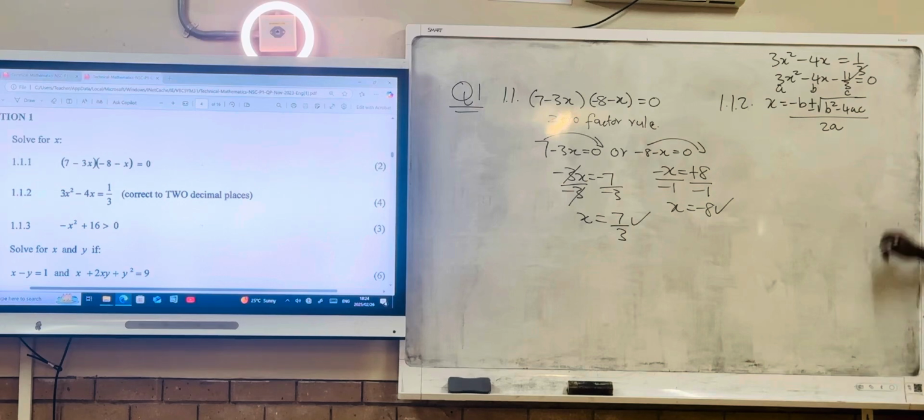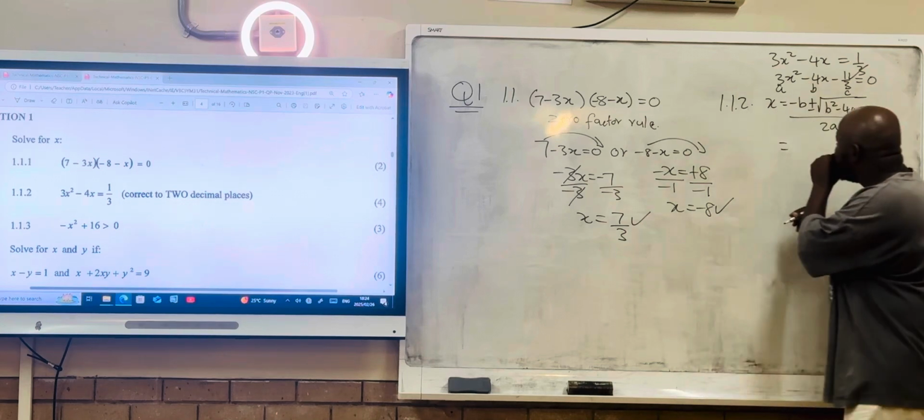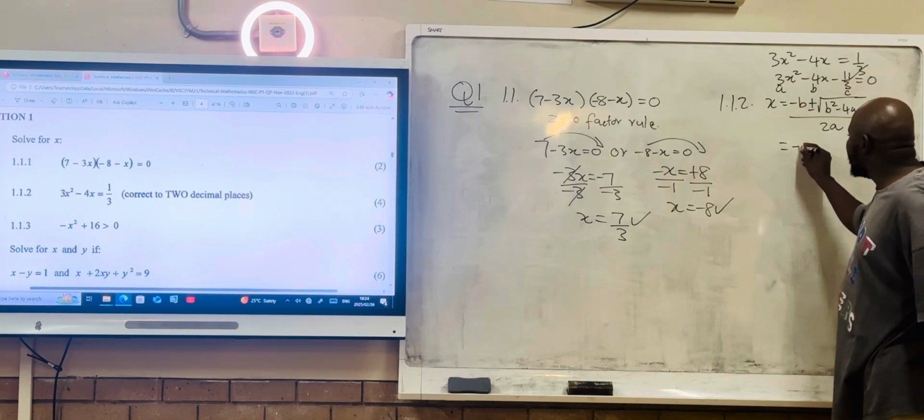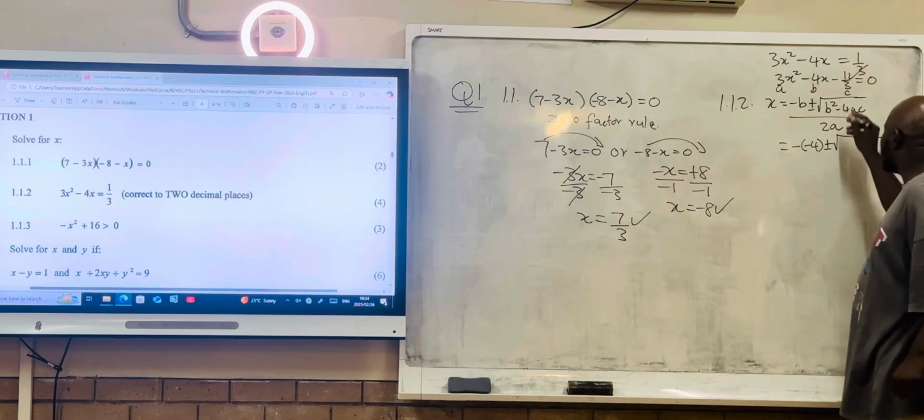Taking this into standard form is our first mark. Now we substitute: negative into negative 4, plus or minus the root of